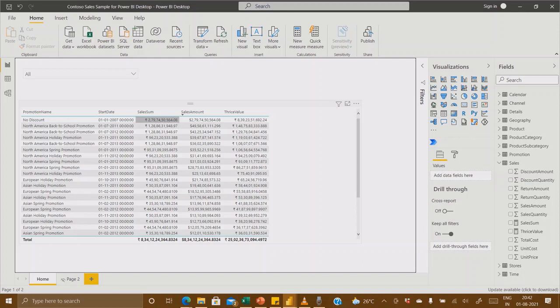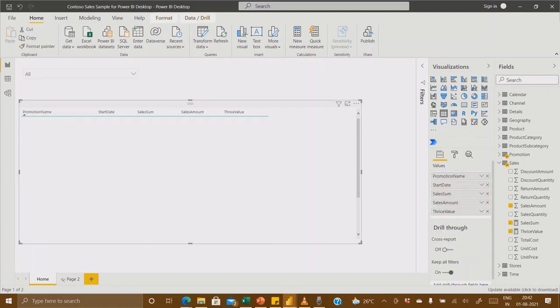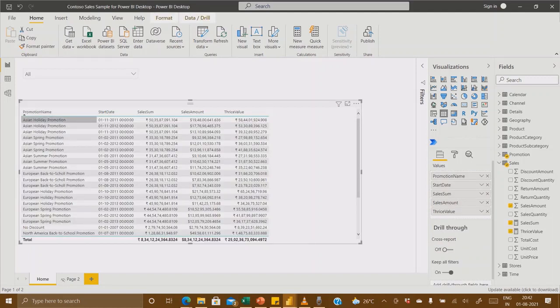For example, take AC and holiday promotion. You can see that the total sum of AC and holiday promotion, irrespective of the start year, is 50 something, around 50 crore or so. It is the same for all the three rows, right?